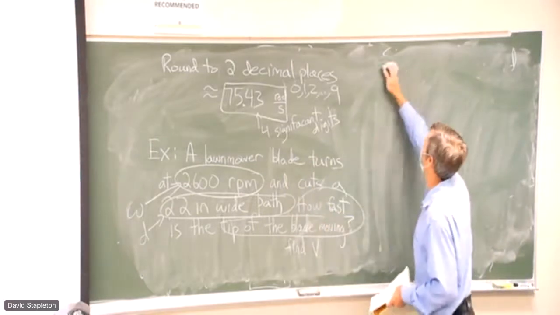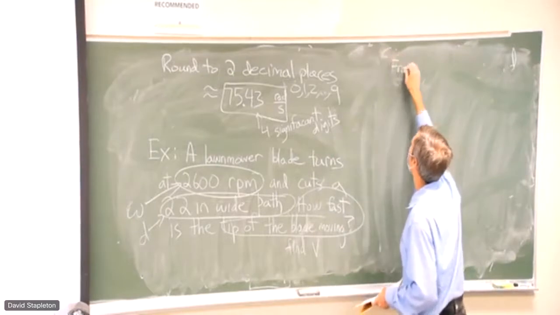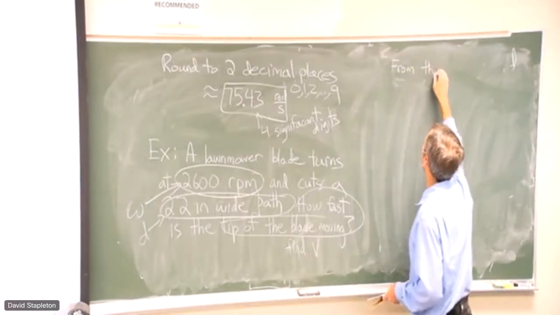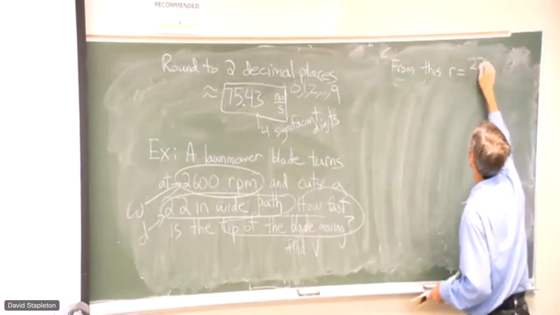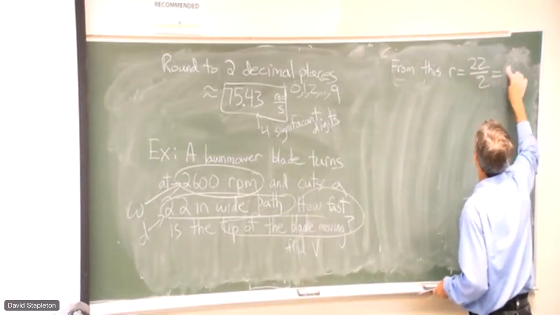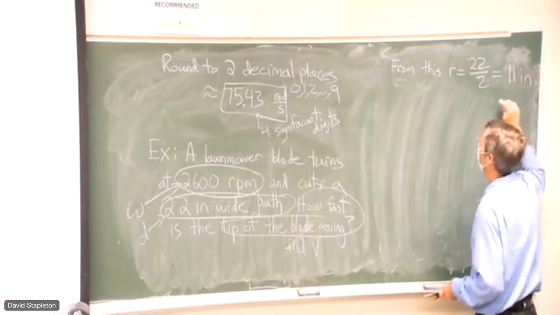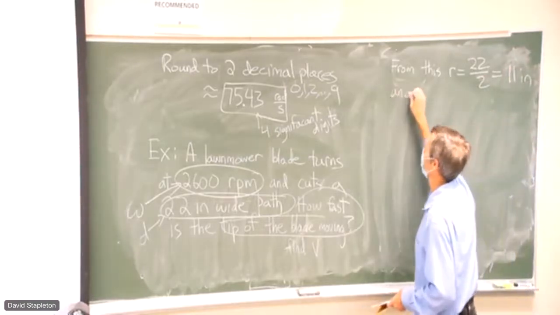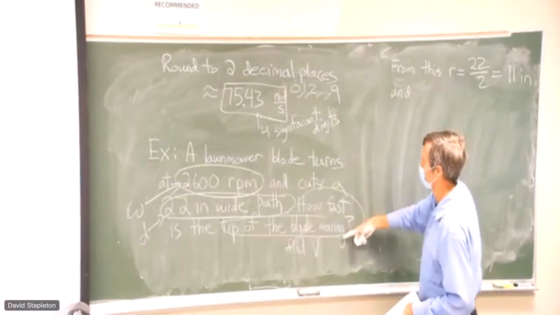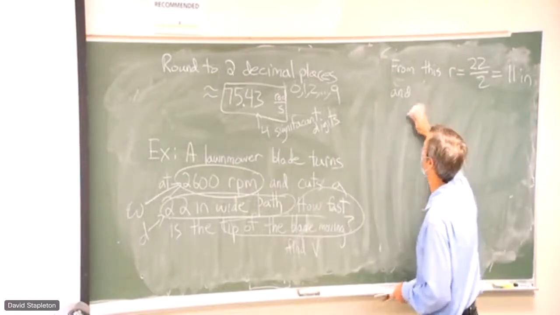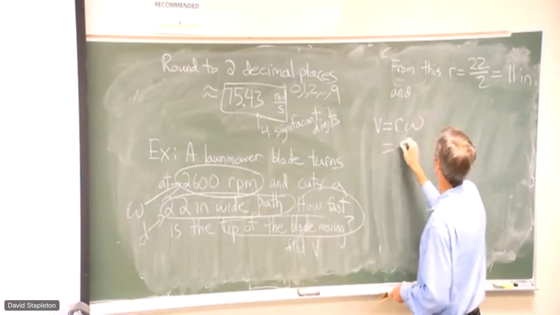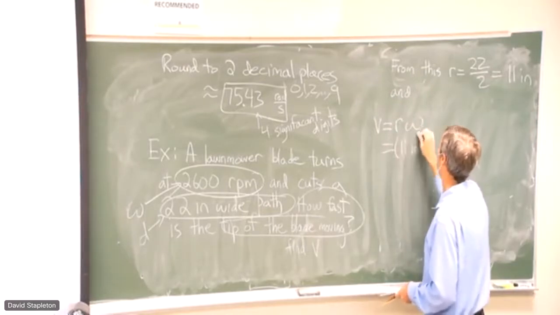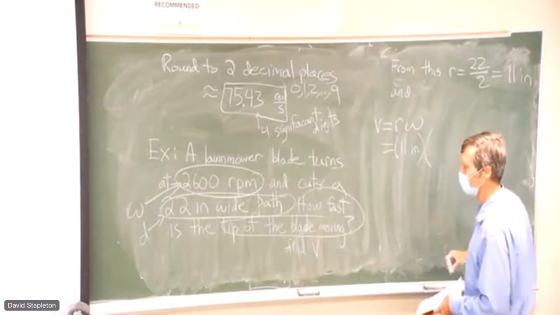I can write from this that the radius is the diameter divided by 2, which is 11 inches. And then I use my formula: since I have r and I have omega, I have to find v. I write v equals r omega, which is 11 inches times omega, which is